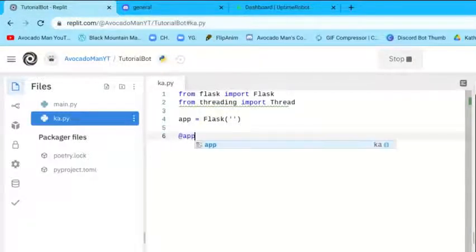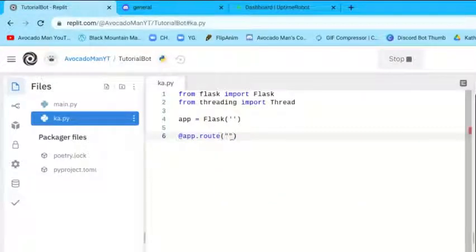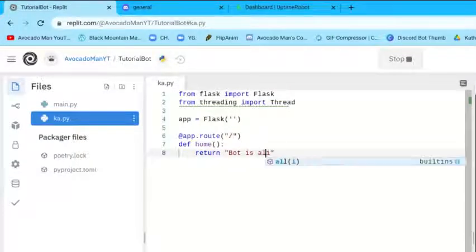Now you want to do app.route. You want to put quotation marks and then just a slash. Then make a new line. Then name it def, whatever you want. I'm just going to name it home. Here you want to put nothing in the parenthesis and put a colon. Now you want to return whatever you want. I'm just going to name it bot is alive